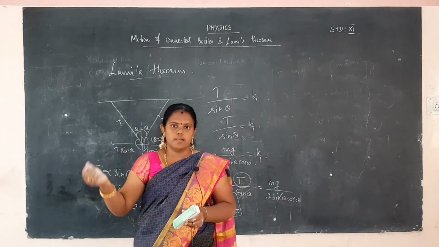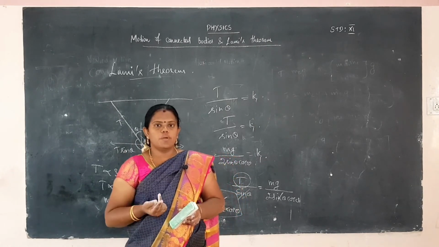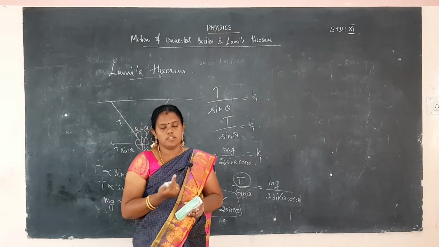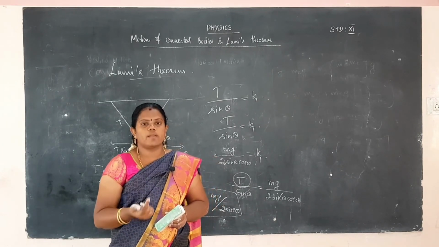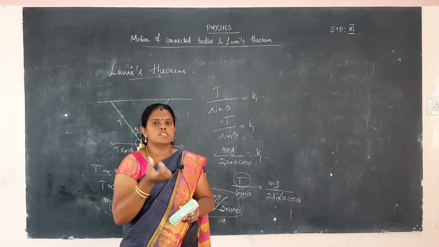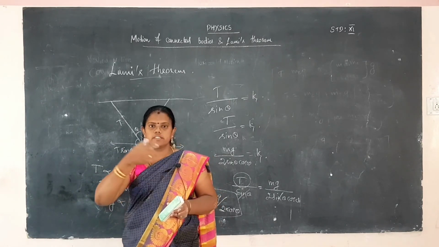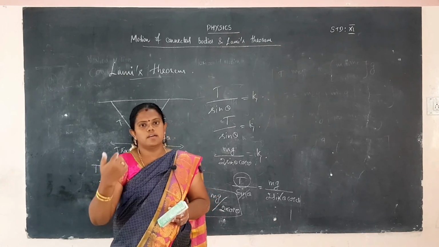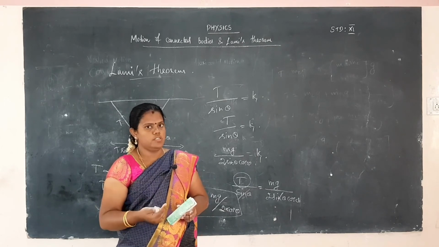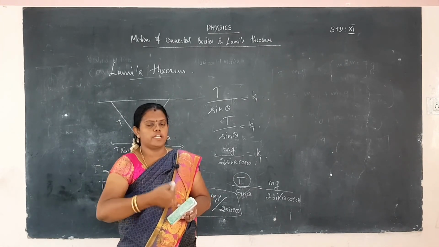In today's session I explained two bodies connected together. First, considering vertical motion, we easily find the tension, and second, for horizontal motion we have to calculate the tension. One mass is at rest on the table, and the other mass hangs by a pulley connected with the first mass. We consider the horizontal and vertical directions to find the tension, then compare the tension acting in the horizontal and vertical motion.